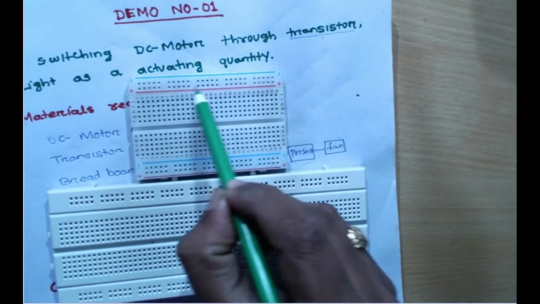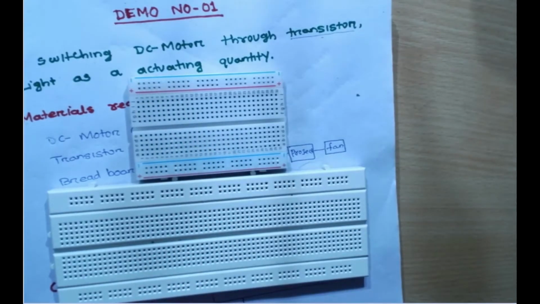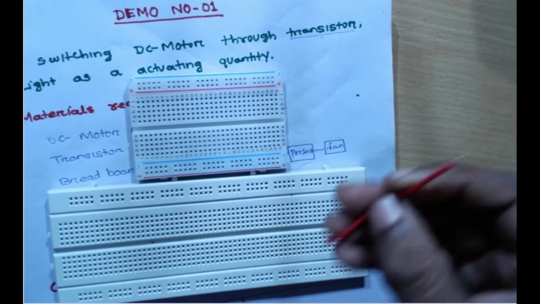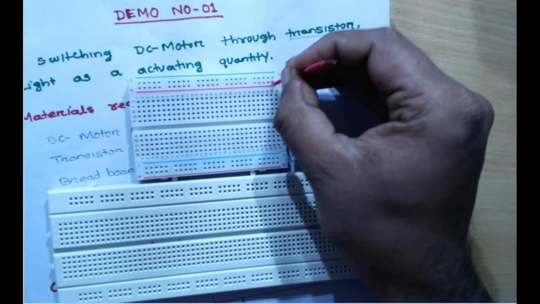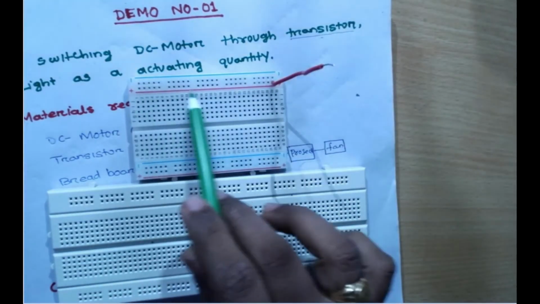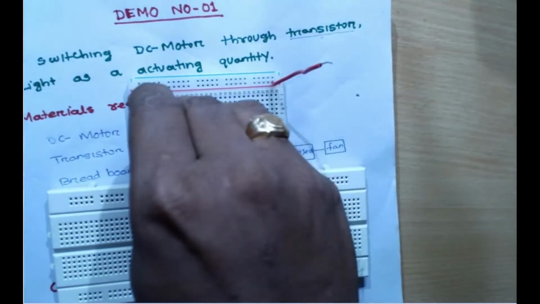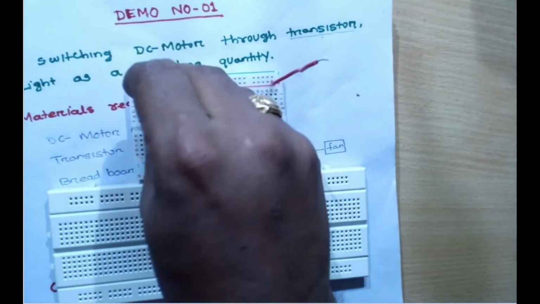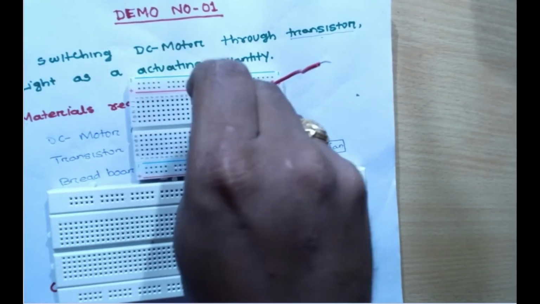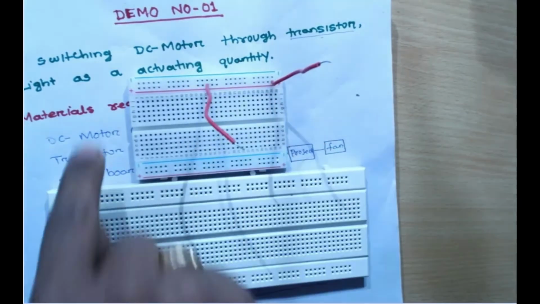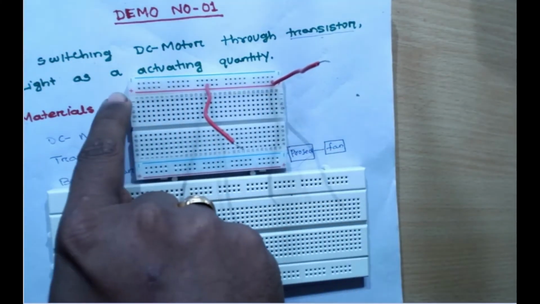This is continuous. This is called a hookup wire. Suppose I collect 5 volt and give it to here, then all of it will be 5 volt. You can collect 5 volt from anywhere. Suppose I take another hookup wire. Suppose I am giving supply to this point, I can collect 5 volt from any pole, from this or from this. This is completely internally connected.